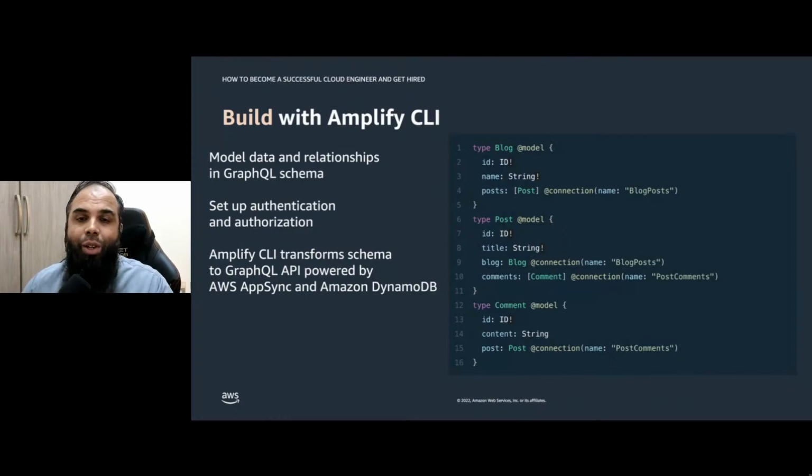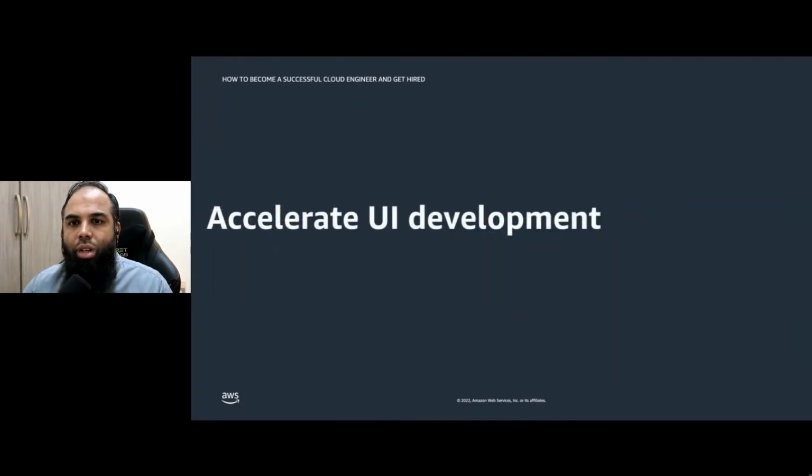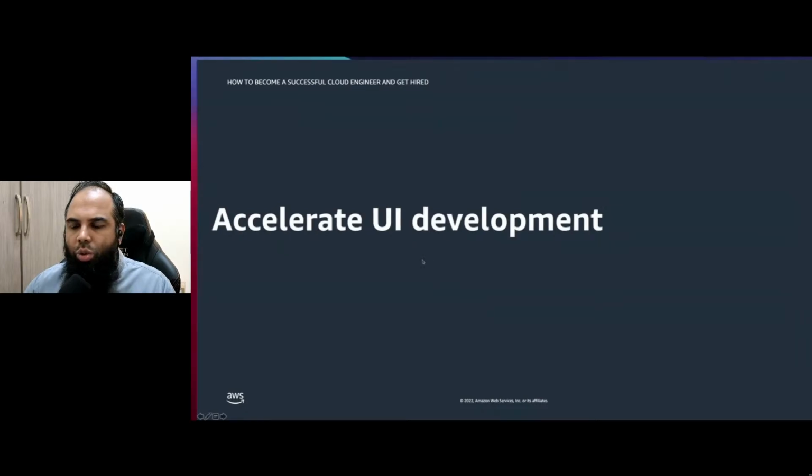But this is a great way to get started quickly with AWS without going too deep into what the different components are that are being used under the hood. So what I'll do is, this last bit is just UI development, but I'll skip this part and I'll go directly into the